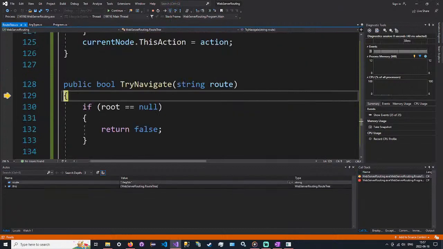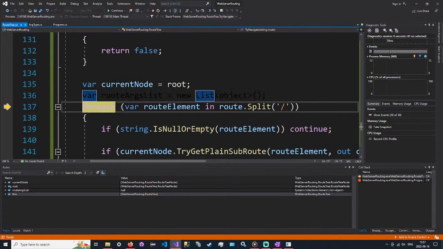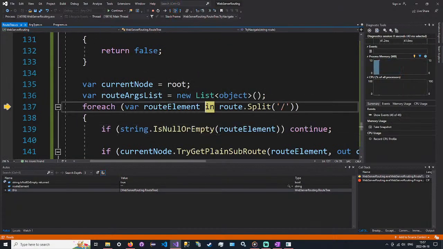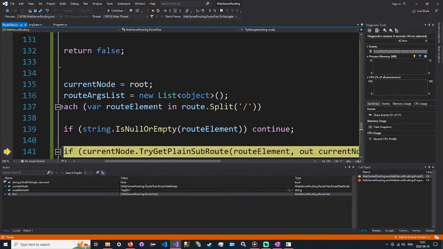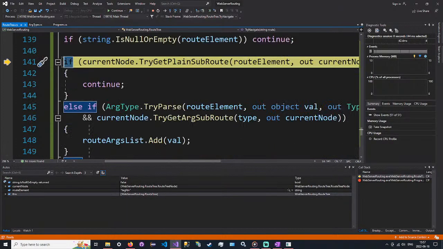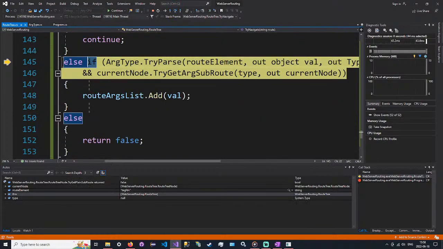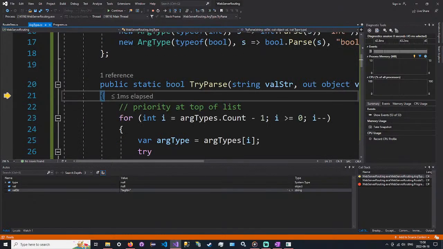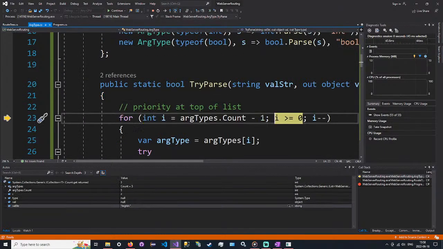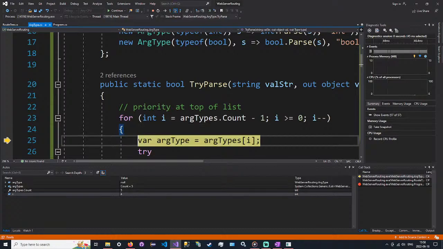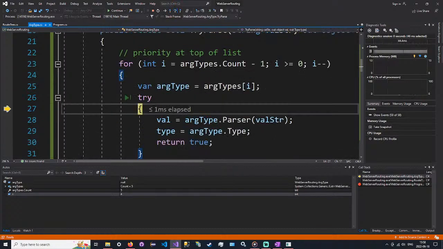All right, let's try and get the invalid one. So try navigate. Good, good, good. Continue past the blank one. So we try and get the plain subroute associated with the string first, and it doesn't work. So now we're going to try and get an argument. So we do argument.tryParse, and we look at, I forget what the argument type is for first. Arg types is,